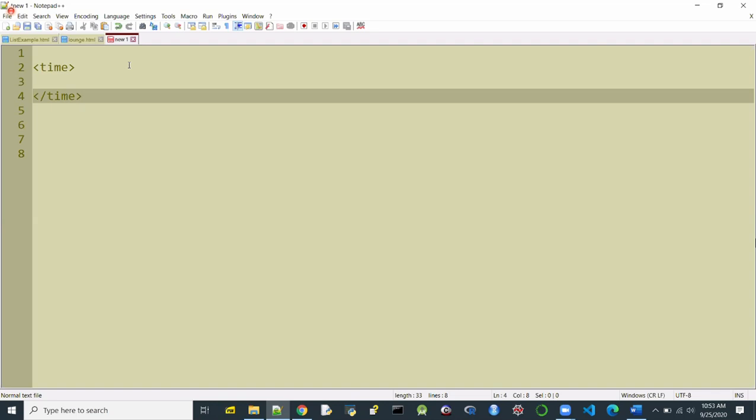The first thing you have to remember is, unlike HTML, where most of the time we spend learning the predefined tags, once you understand and learn the predefined tags, then you start using them. You can't invent anything on your own. But XML is an empty standard.